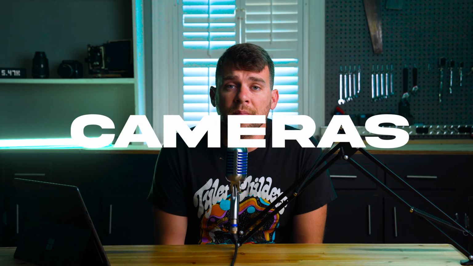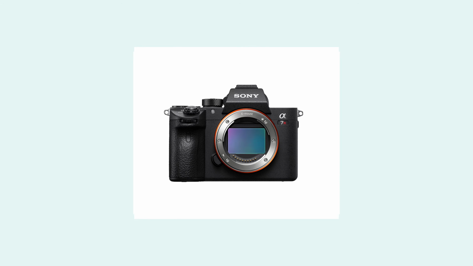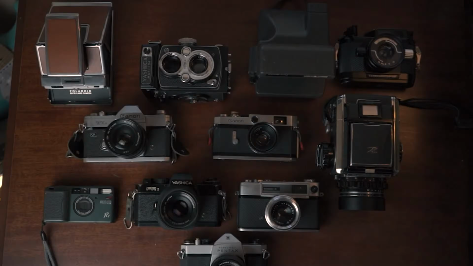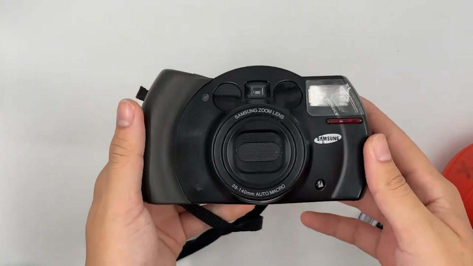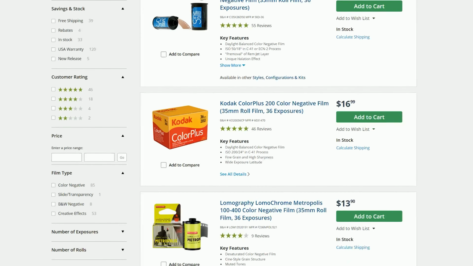So let's talk about cameras. Digital photography, there's basically just 2 types of cameras, SLRs and modern mirrorless cameras. With film photography, there's all manner of types of cameras, and you're gonna have to decide what camera you want. And basically what this amounts to is, do you want more automation or not? I'm gonna go ahead and assume that if you're just getting into film photography, you're gonna wanna start with 35mm as your format, and I made a whole video breaking this down, but I broke it down into 4 basic